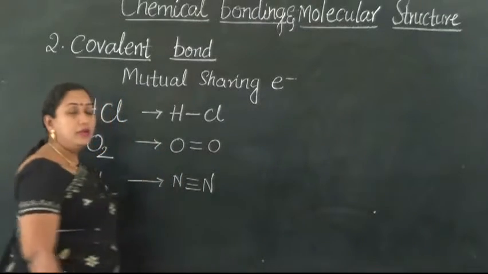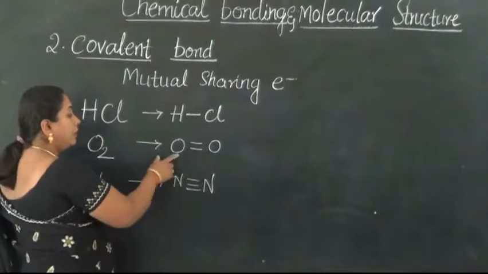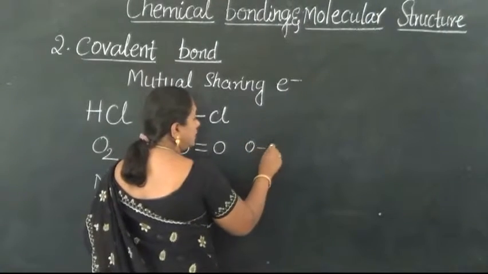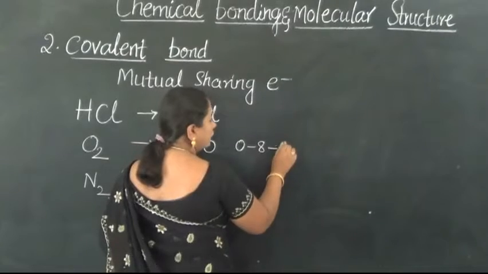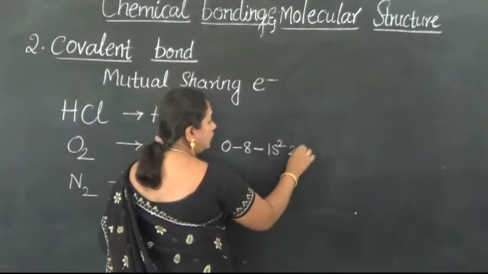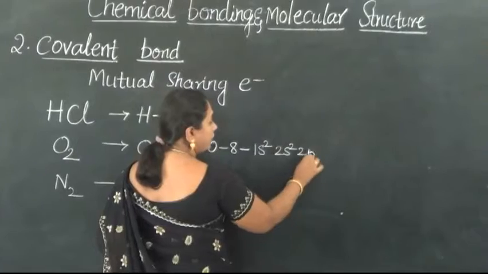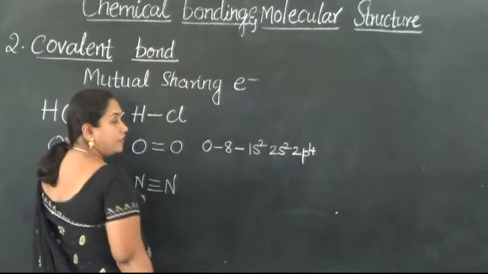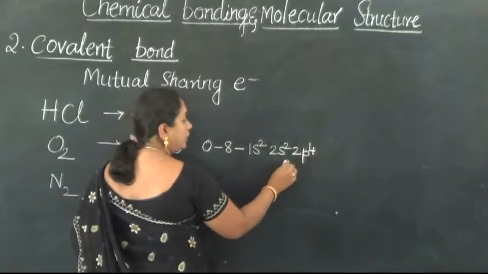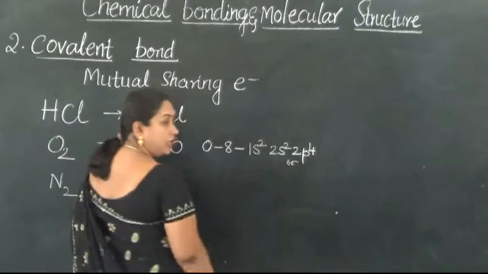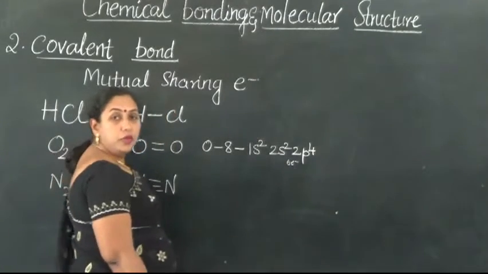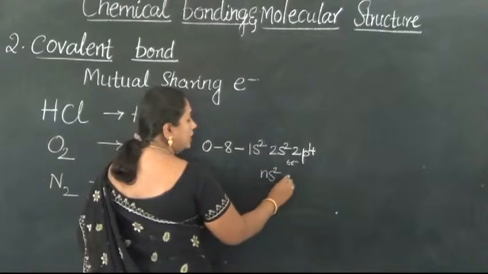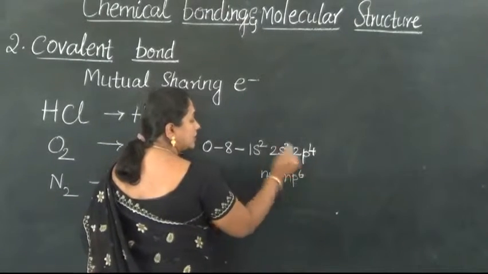Let us understand the doubly covalently bonded molecule, namely oxygen. Atomic number of oxygen is 8 and its electronic configuration is 1s2, 2s2 and 2p4. As we can see from the electronic configuration, the atom of oxygen is containing only 6 electrons in its valence shell. It is running short of 2 more electrons to attain the stable octet configuration as ns2 np6.